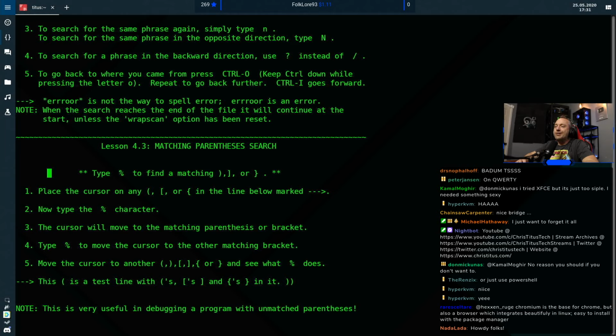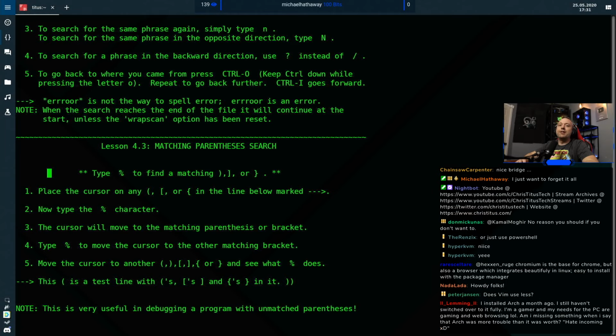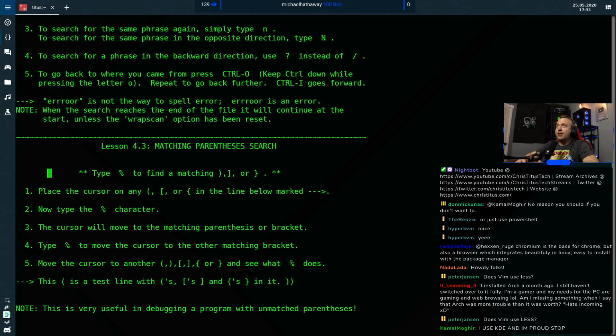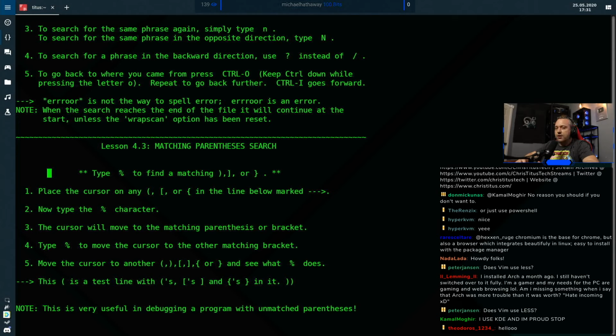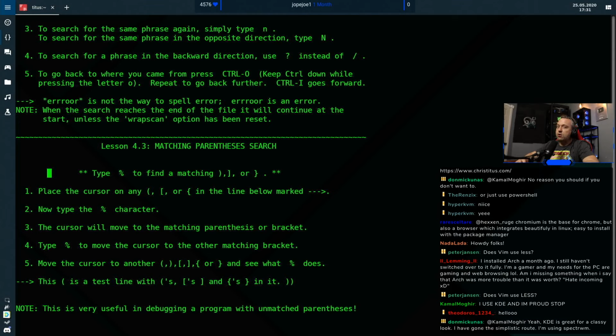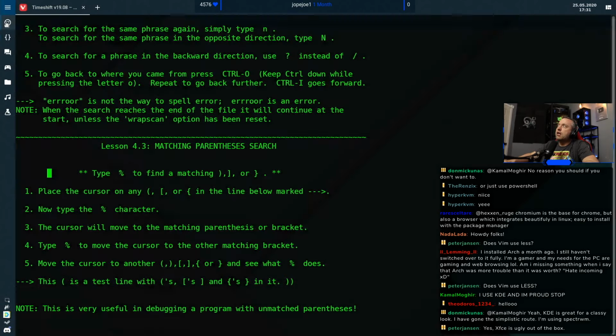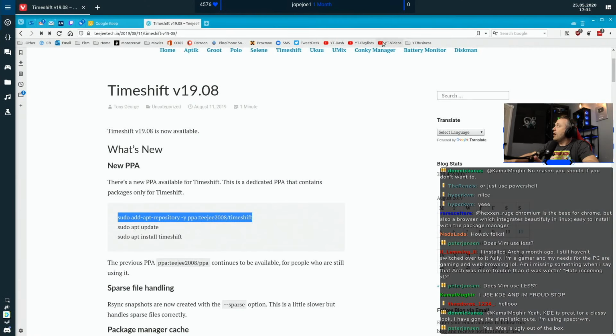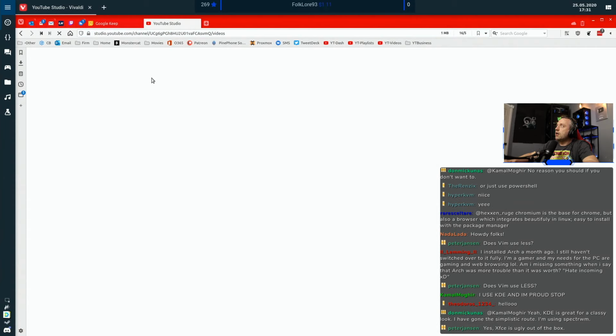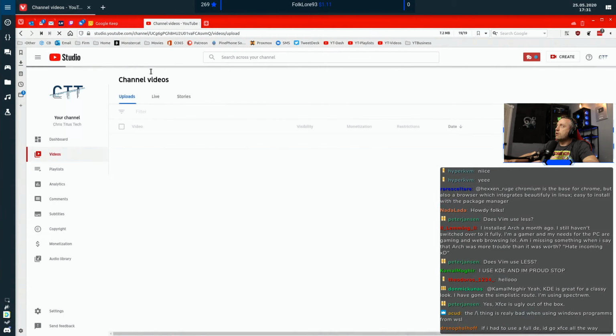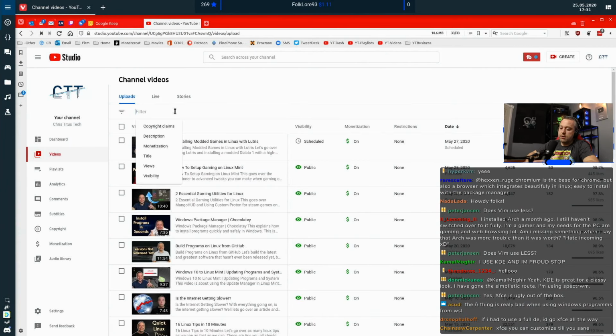XFCE's awesome, but it is ugly as sin out of the box. Once you customize XFCE, you can make it look sexy though. I had some decent XFCE stuff. When it comes to XFCE, you can make it look good. Look up XFCE configuration. Actually, I'm going to look that up for you real fast because I made a video over it. If you haven't seen this video, my XFCE looks pretty solid. So for those XFCE users out there,